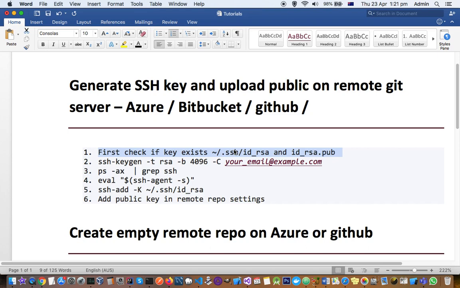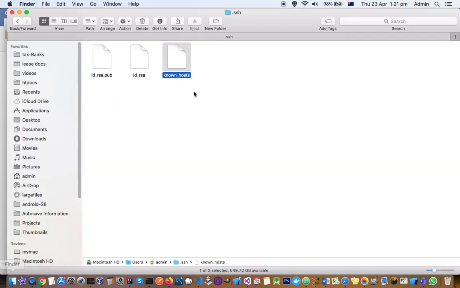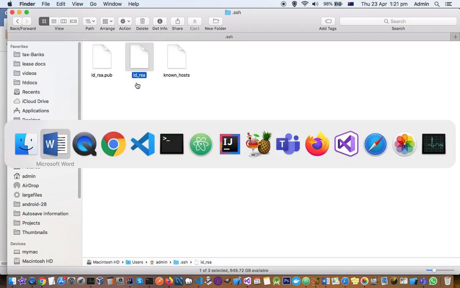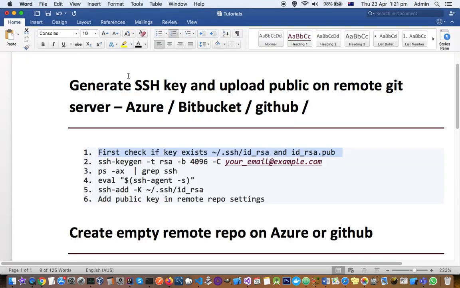which Git uses internally. Now here you can see in my .ssh directory these files already exist, so I don't need to create a new pair of keys to be able to push the repositories onto the remote server. But in case you don't find these files in here, what you need to do